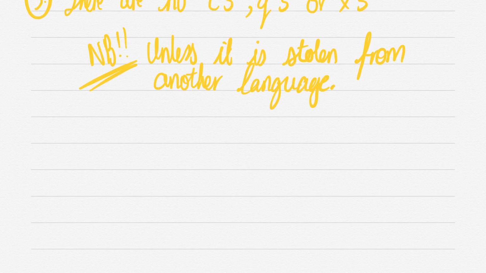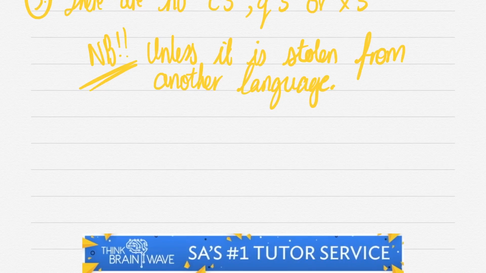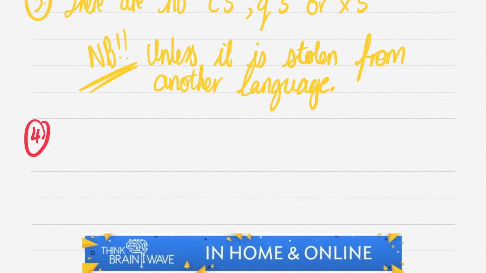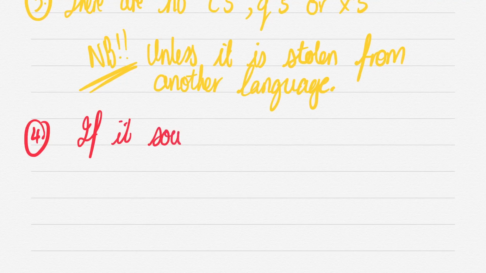Which actually seems to make things a little bit easier if you ask me. So if you're ever wondering in a test, do I write this with a C? Don't worry. Most of the time, 99% of the time, you're going to write the K sound with a K. So that's very important to remember. Don't think that you can write things with C unless they are in different languages and we are importing them into the Afrikaans language. So our fourth rule: